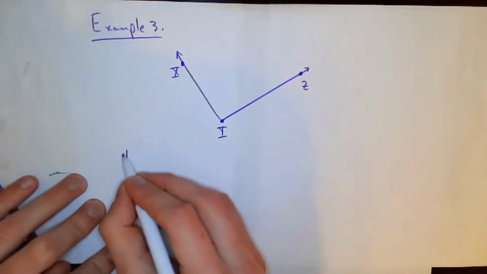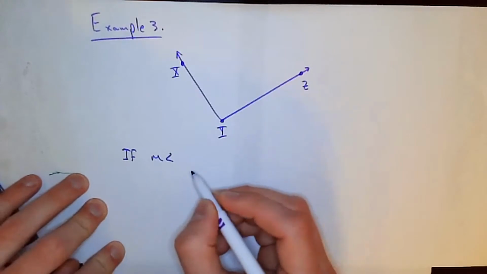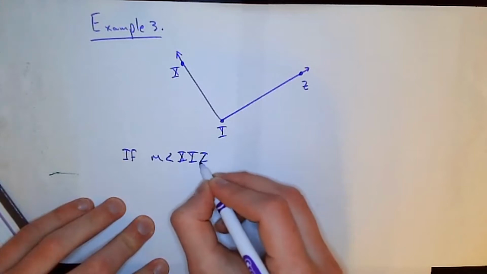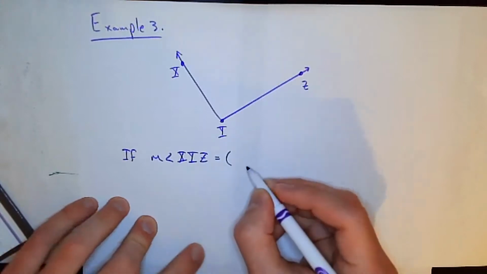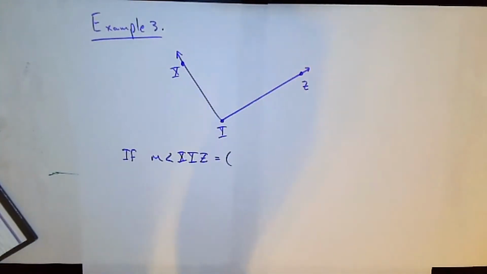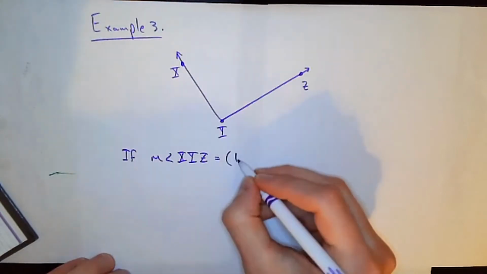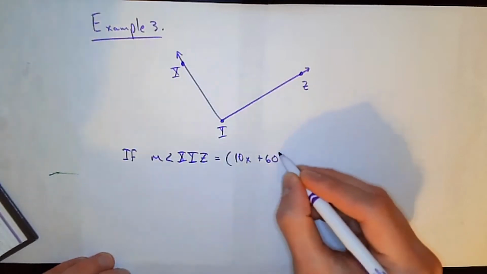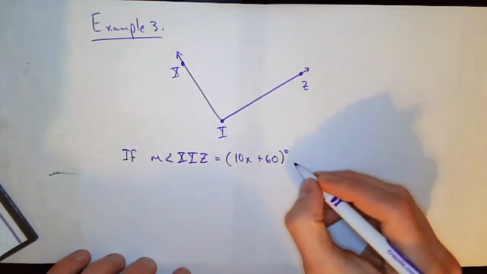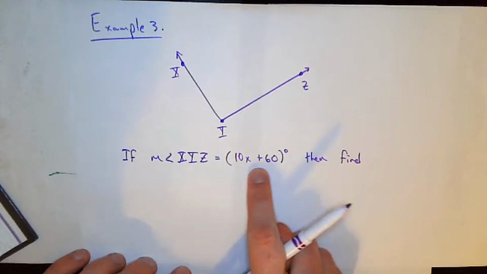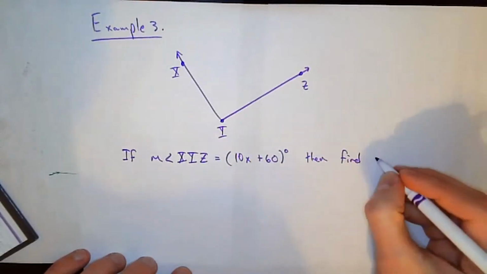Let's say the question is, if the measure of angle XYZ is equal to, and let me think for a minute, I'm trying to think of numbers that won't work out terribly. Yeah, that's fine. 10x plus 60. Oh, and by the way, this is measured in degrees. So that's not a 0, that's a degree symbol. 10x plus 60 would end up just being some degrees. Find x